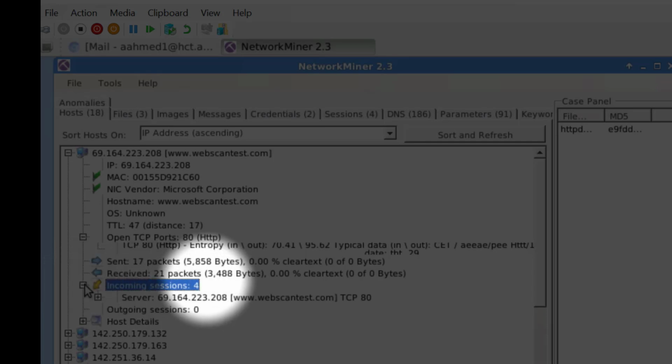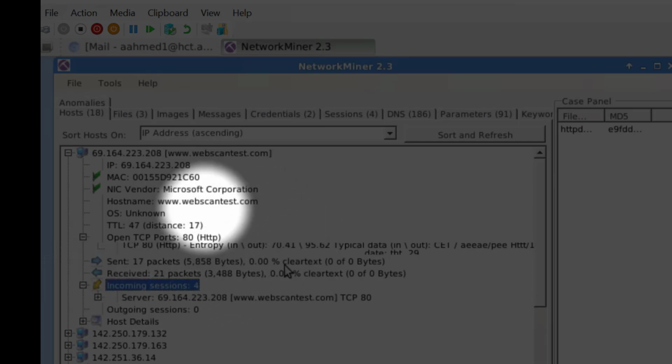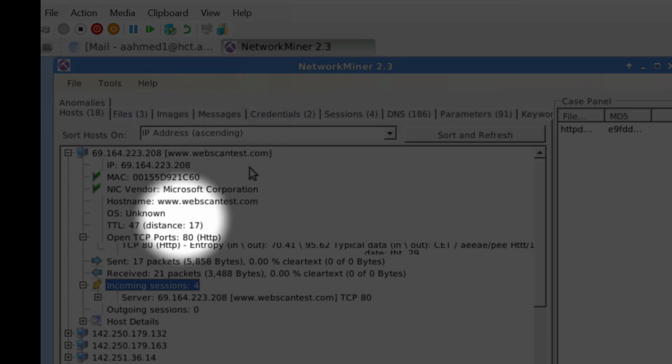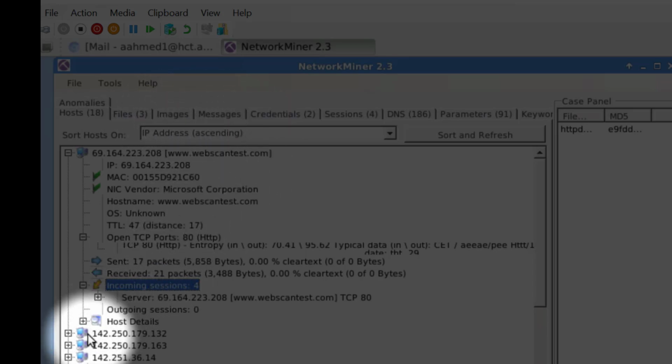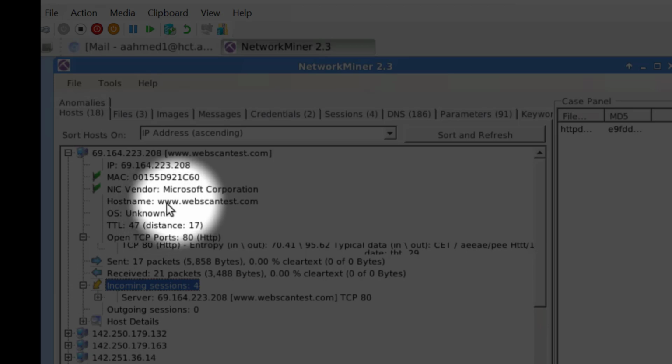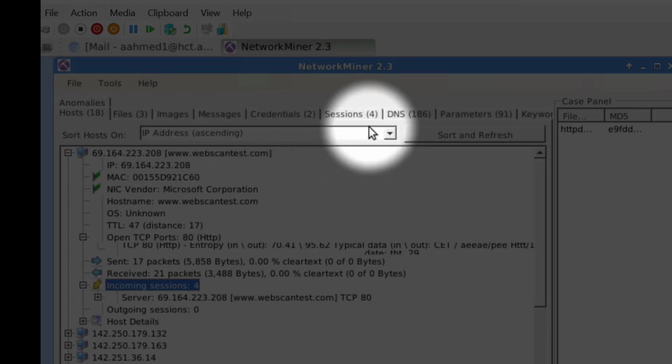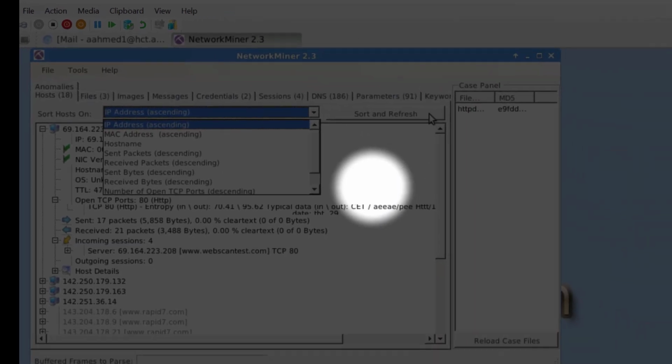Sessions, incoming sessions, and all these here, right? So you need to navigate through the different tabs here, and you have to expand. You can search also here. You can apply a filter that you can sort, right? If you need to, just like in Wireshark, when you use a filter to narrow down the search